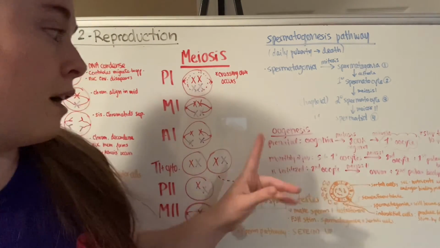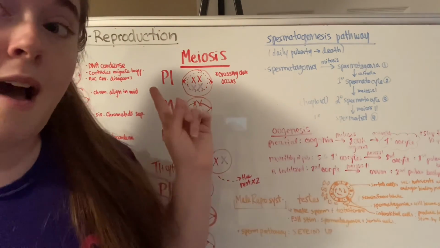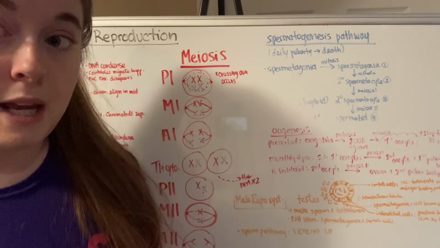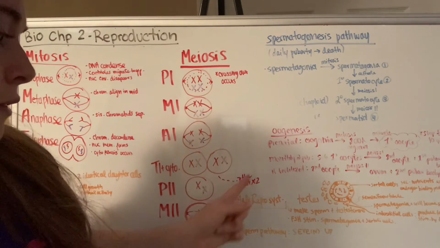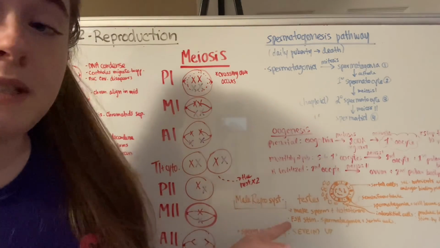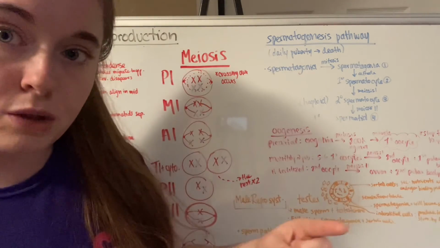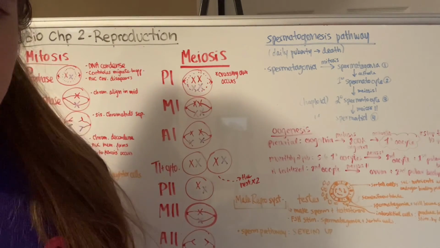We also have, I forgot to mention the menstrual cycle. It is part of this chapter, but I'm going to do it in the next video under chapter 3. So I know we did the male reproductive system, we did the sperm pathway, but we do have the menstrual cycle for women that we will get to in the next video. But that is the basics